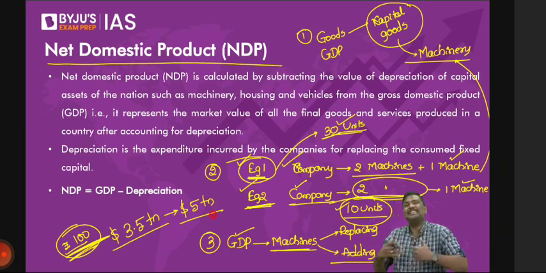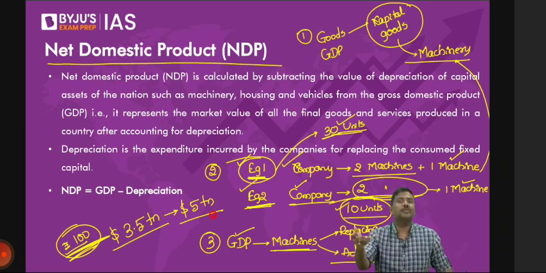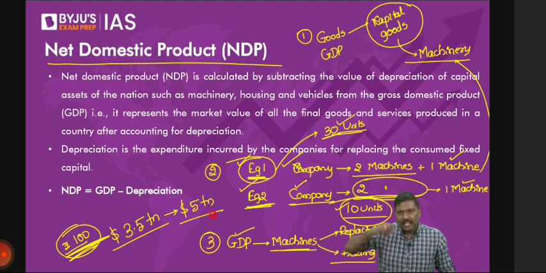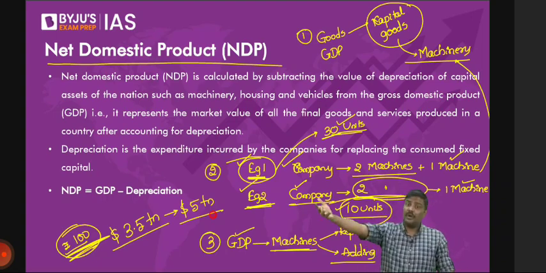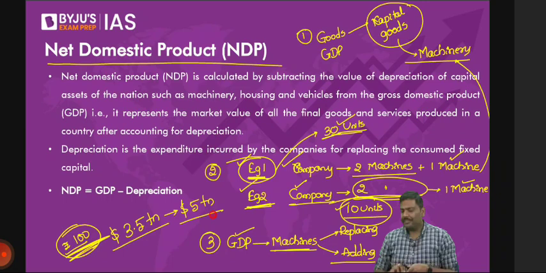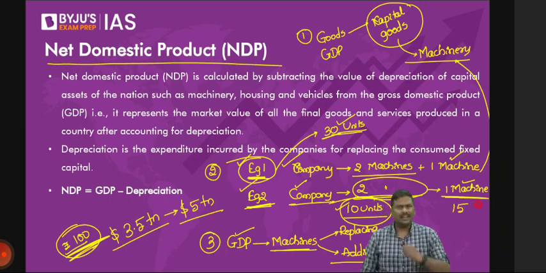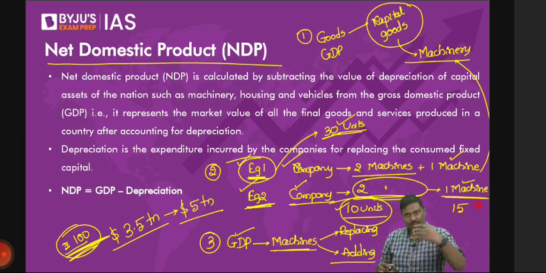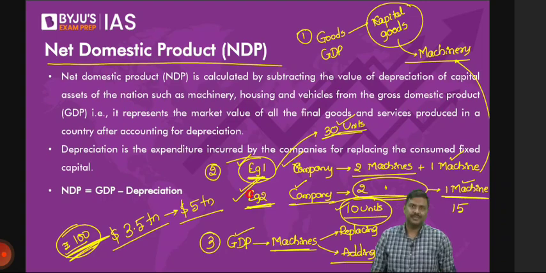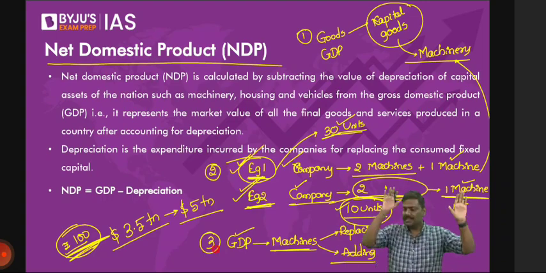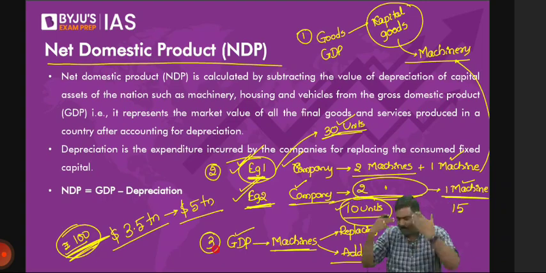Some of you will have this argument: sir, but a new machine can have more productivity. Of course, yes. I did not say that. Even if you account for it, even then, let's take your own example. The second machine, that is a new machine, will produce 15 units. In the second example, how many units will be produced? 10 plus 15, 25. In the first example, how many units will be produced? 10 plus 10 plus 15. Always example 1 becomes better. I hope you understand.